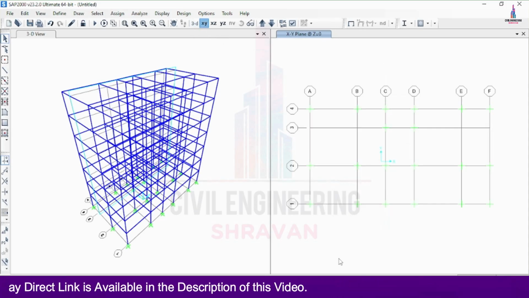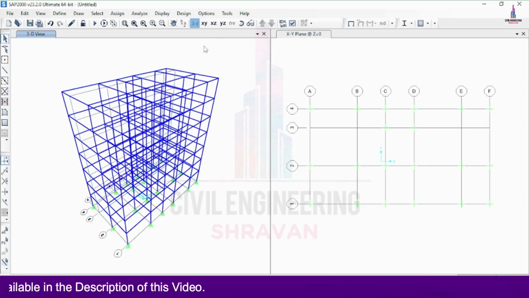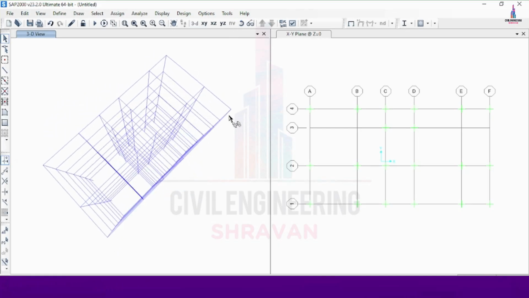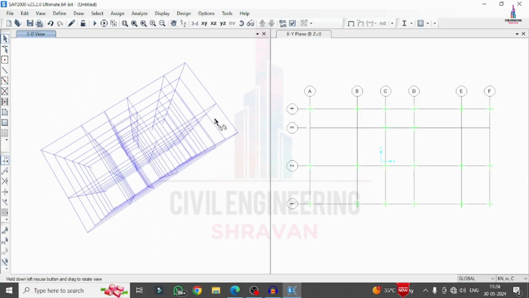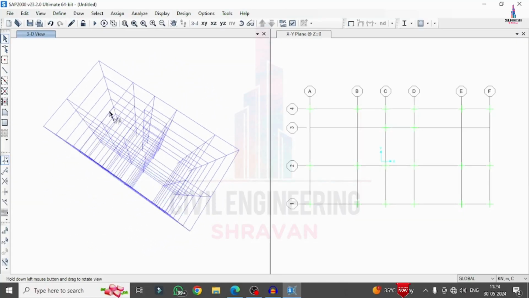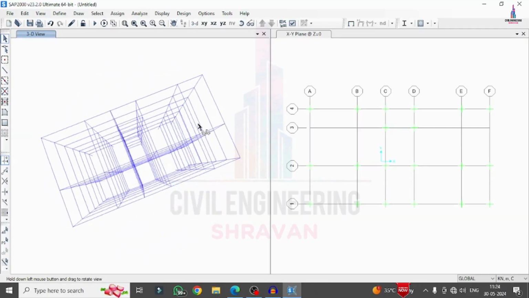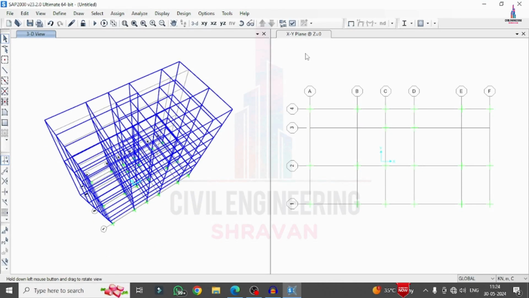Now we will click on the plan view, XY view. I will select the 3D view for this model. Now I will rotate this 3D view. Now we can see it only consists of the column section which is present here for lift provision purpose only. Okay, now we can see here the detailed view will be obtained like this for this model. Okay, this is the process of modeling.